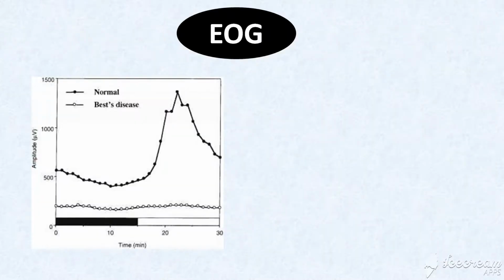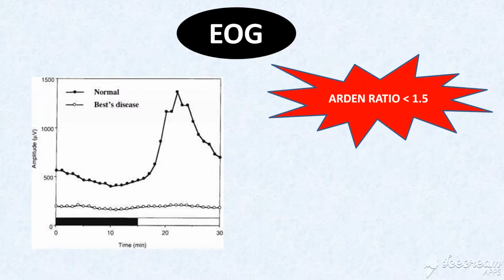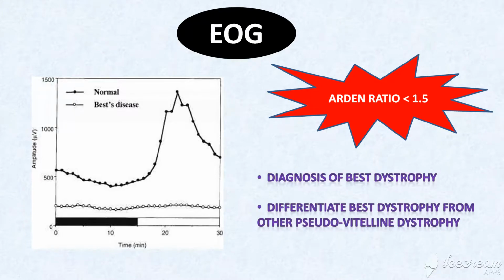Electrooculogram is abnormal in these patients. The Arden ratio is less than 1.5. The only clinically important role of EOG is diagnosis of Best dystrophy, to differentiate it from other pseudovitelliform dystrophies and for detection of carriers. There are additional phenotypes associated with mutations in BEST1 gene like autosomal dominant vitreoretinochoroidopathy, in which